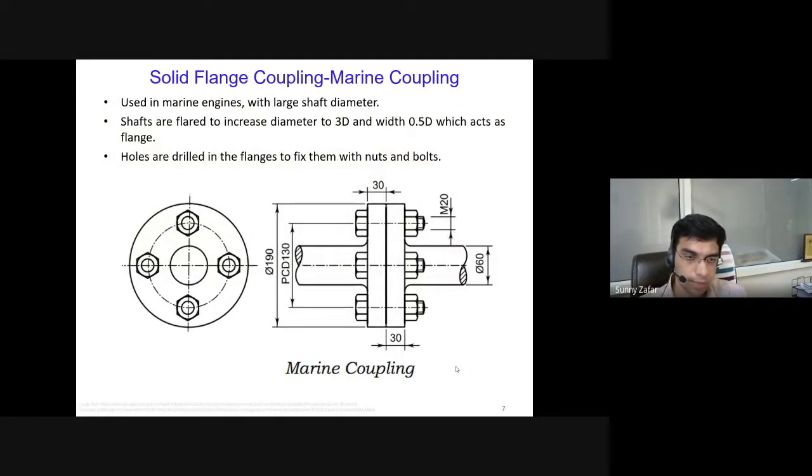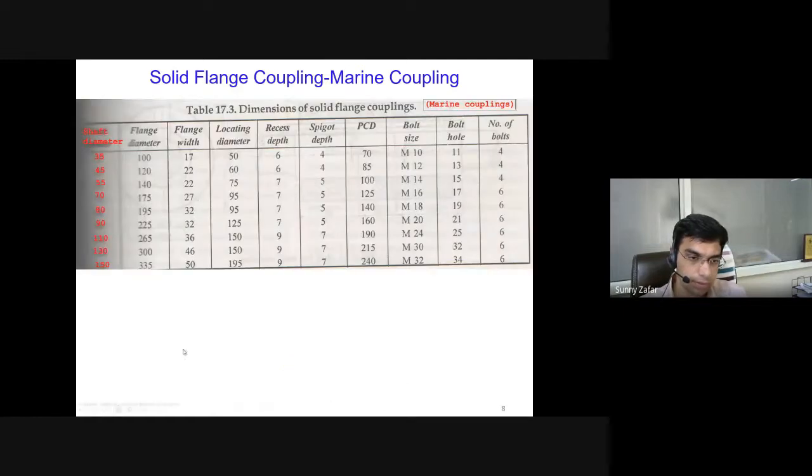So I have referred to another book, which is L. Mathur. It is mentioned in this footnote here. It is a textbook on machine drawing. In this book, what I found is that there are tables available, and from this table, different aspects have been enumerated. So you can look into these tables, or you can directly look here in the slides as well.